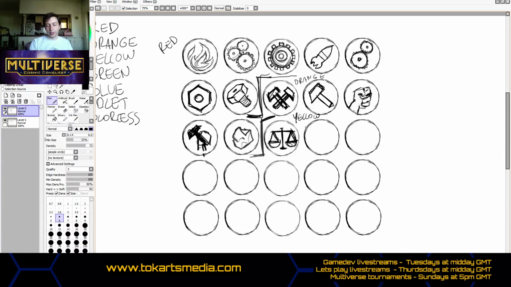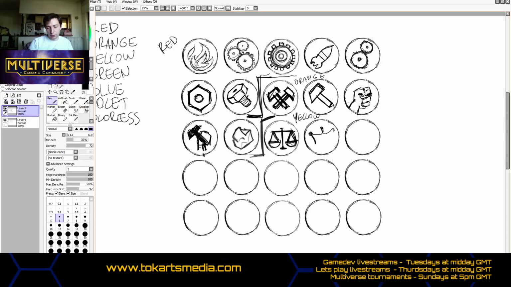And yellow uses laws and taxation, different legal methods to gain economic superiority in the galaxy. Plus, this looks like trade, and they do trade, so this is probably going to be the best of the symbols. Next one is a crown,